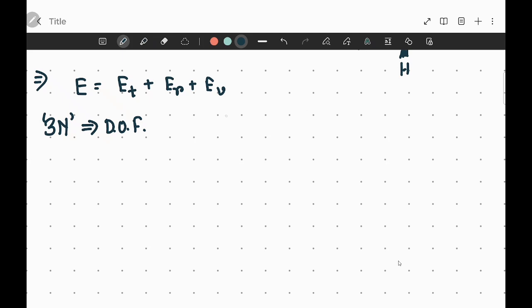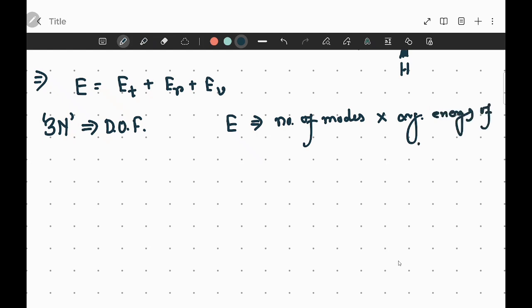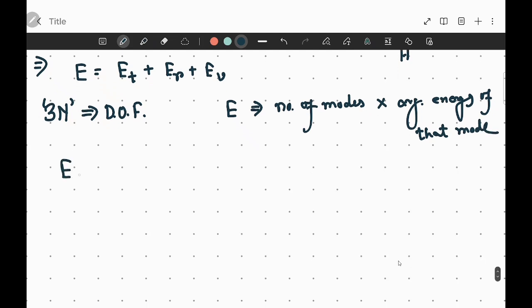And for any energy, it will be number of modes into half kT, the average energy of that mode. This is our general formula. So for ET,